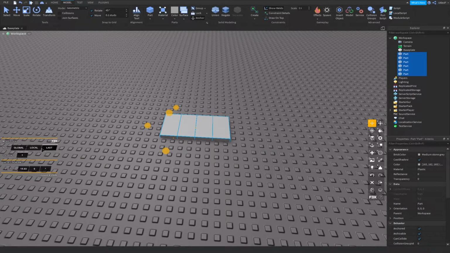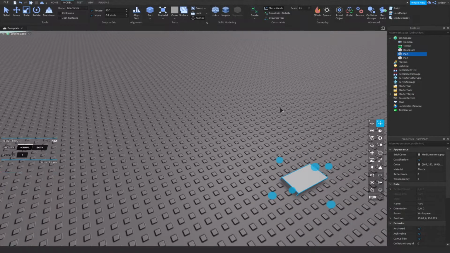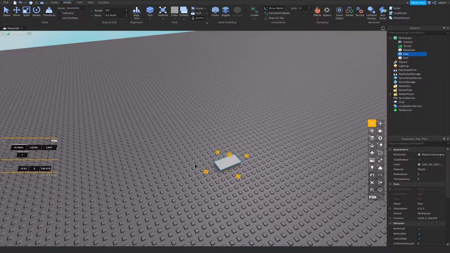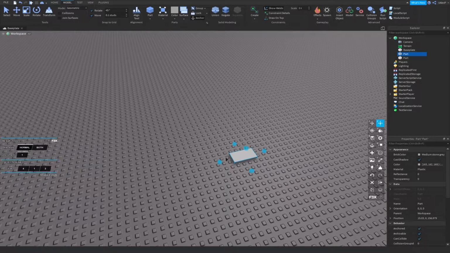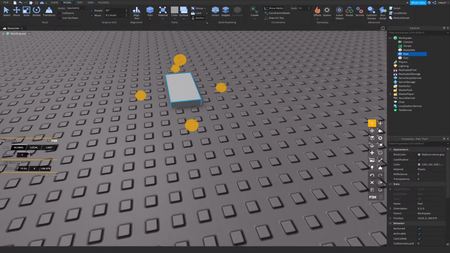unless, well, there's basically a difference between local and last. Local only focuses on this one, but I highly suggest using global because it basically makes sure everything is selected and in the right size and the right fit. So yeah, basically there are some big mistakes when it comes to using the move tool, which is